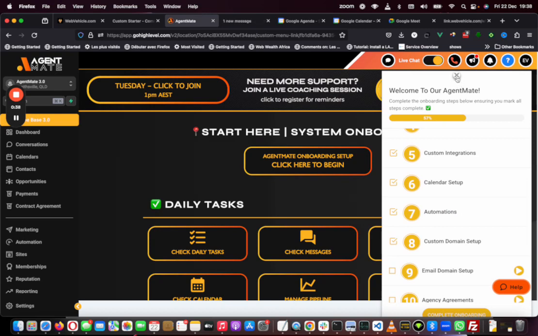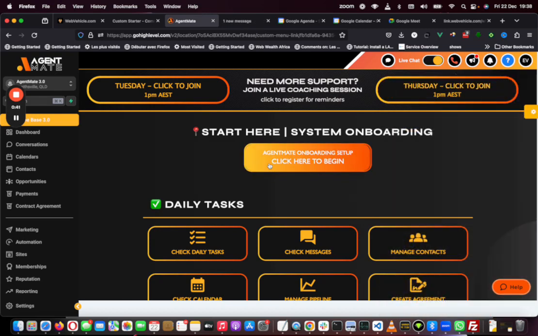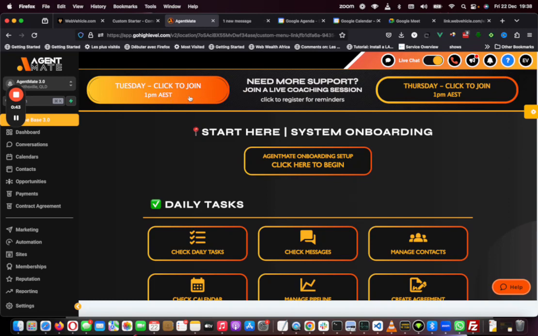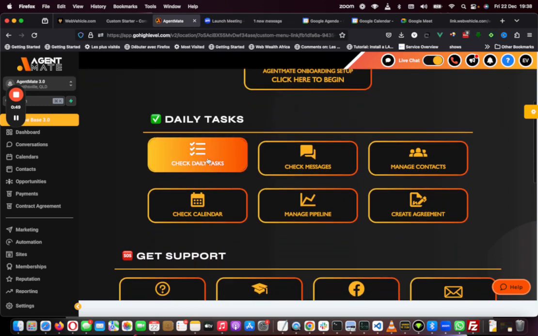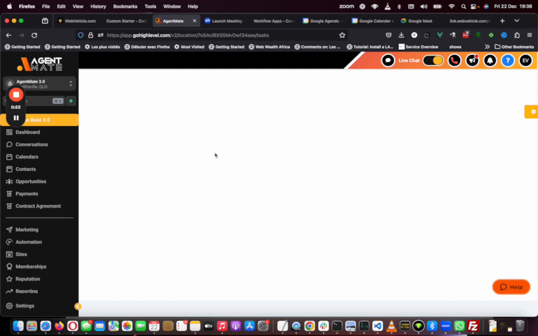Imagine you can have your next meetings, like Zoom calls, or have him already know the most important parts of the application, like checking daily tasks or whatever comes with it. It might take some time to load. Sometimes GHL is slow, but yeah,